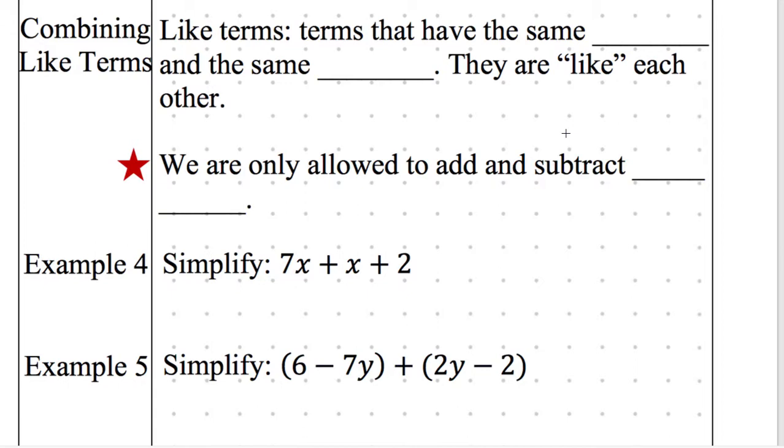I see one hand. Who wants to take a shot at it? Leo looks very interested. He's like, I know it. I'm just not going to raise my hand. I'm too smart. Ellery, go for it. They have the same degree and polynomial. So you're really, really close. So you have the same degree. You're correct there. And the same... number